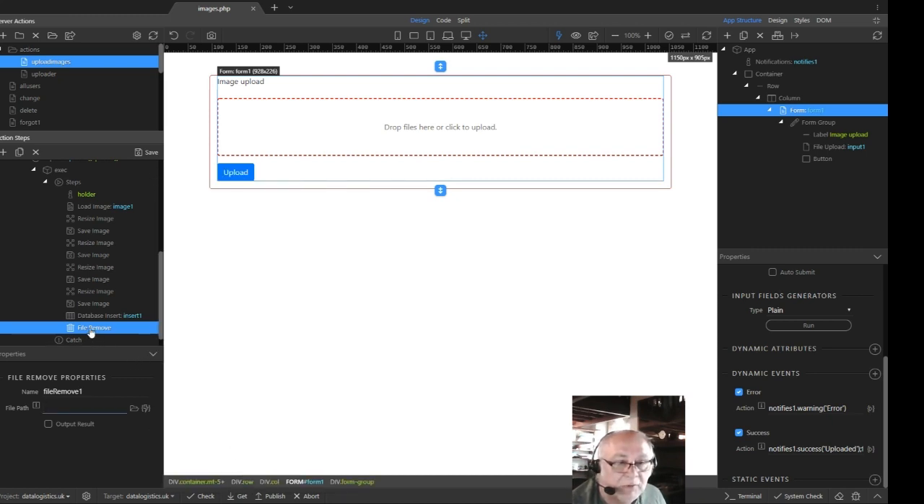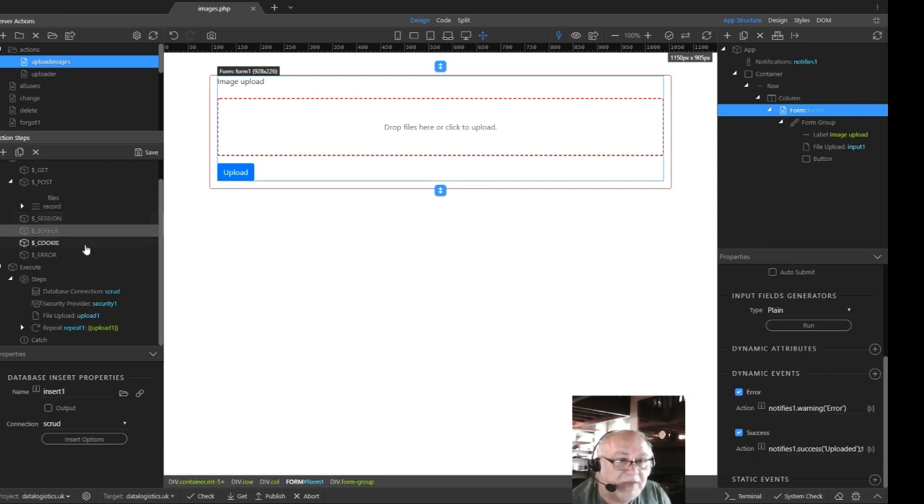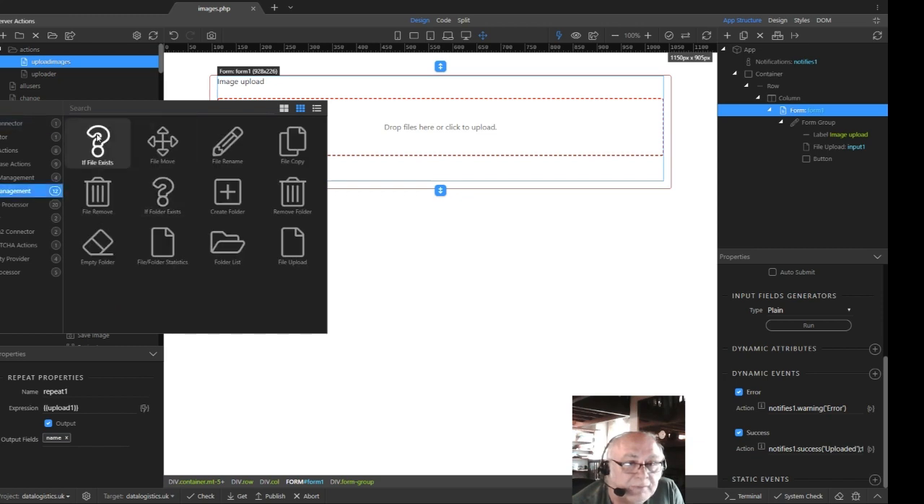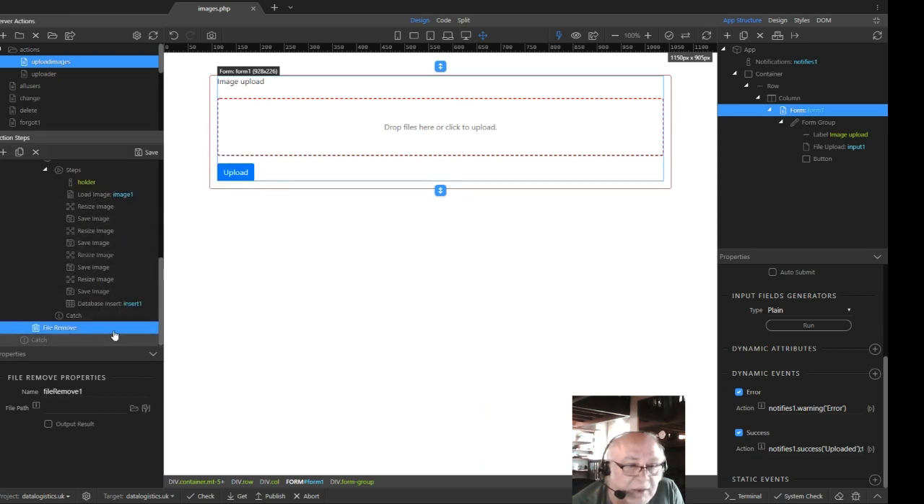Actually, I'm gonna, because that's in the wrong place. Anybody pick that one up? That's going to put it inside the repeat, and we want it actually after the repeat. So we're going to have the remove file stage down here. Our file path will be